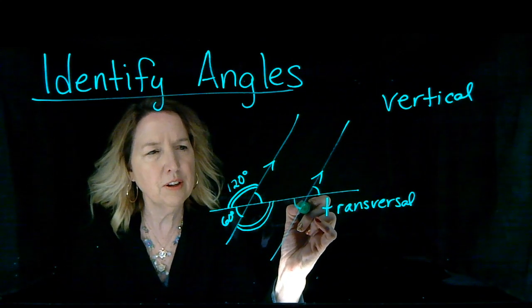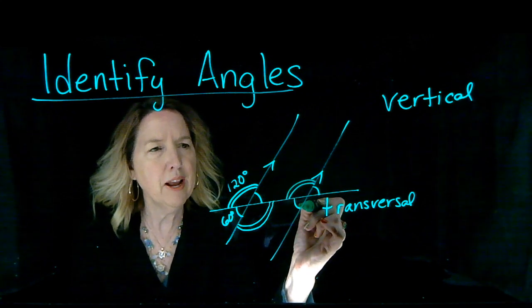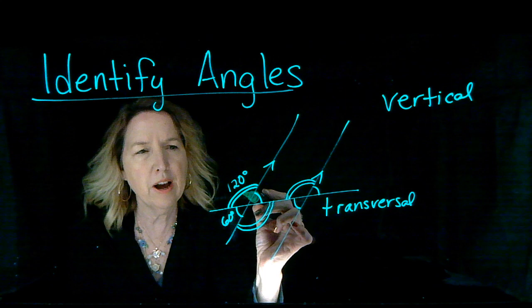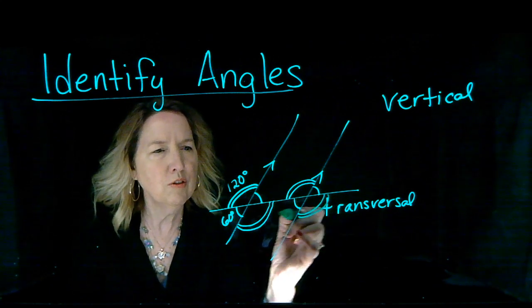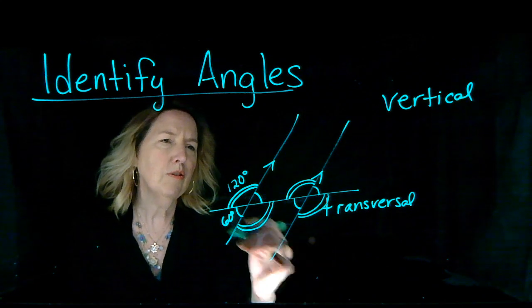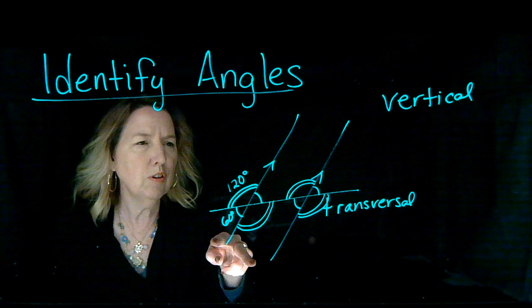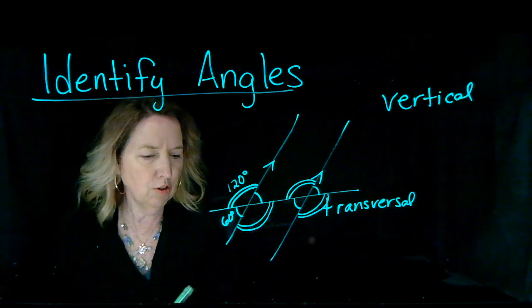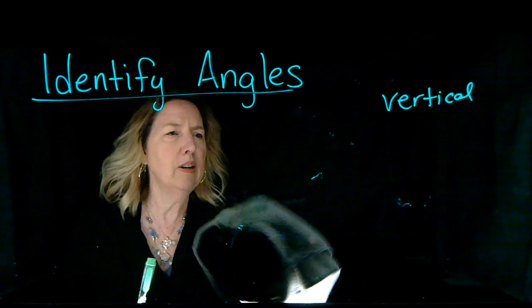This here is another 60. This is another 120 degree angle. It corresponds to that one. And this one corresponds to this one. So those are the special relationships that are created when you have two parallel lines and a transversal which crosses those lines. Let's see what that looks like